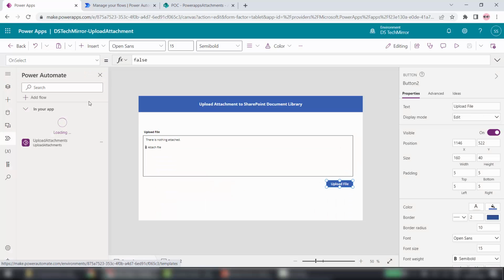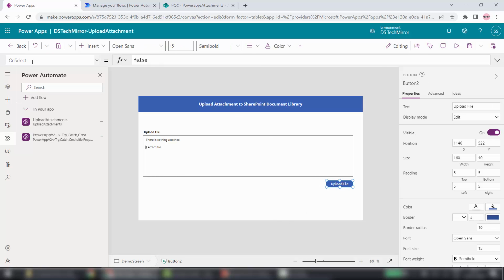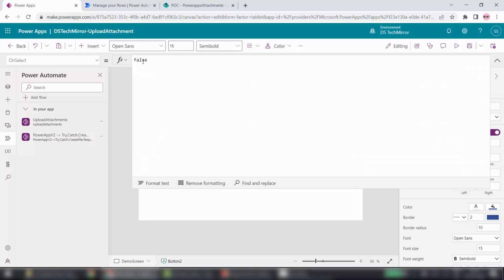I will save it, and then I'll go back to this particular Power Apps. Now come back to this particular button called upload file, and on select, what I will do, I will call my Power Apps first. I'll say,